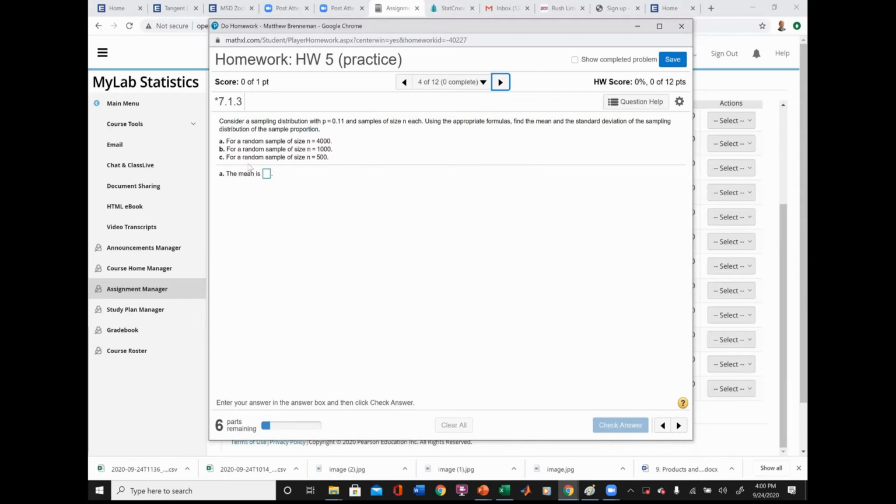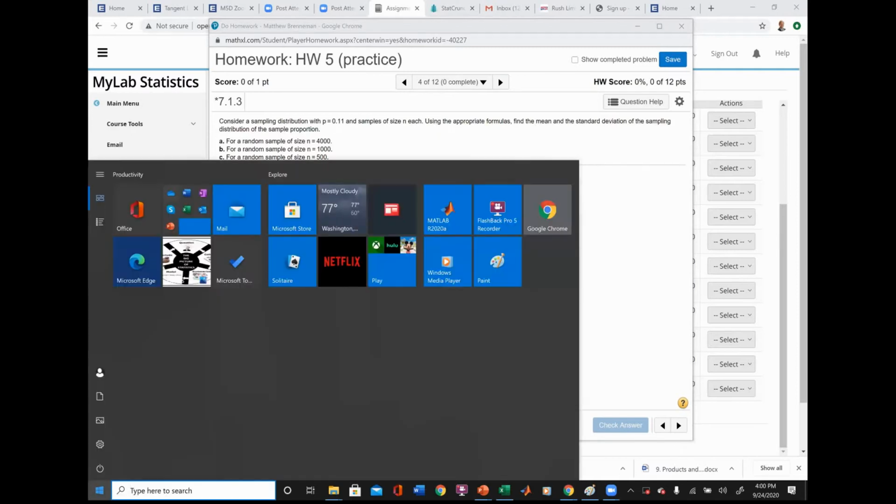Okay, so this first problem says, consider a sampling distribution with, and they really should have pi. They have p, they mean pi here, and sample size of n each, and we're looking at samples of different sizes. Use the appropriate formulas, find the mean and standard deviation of the sampling distribution of the sample proportion. Okay, so what's going on? So what's happening here is